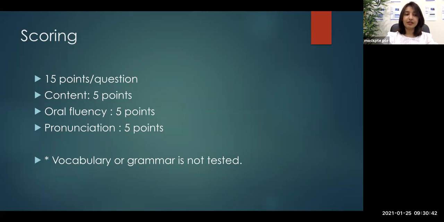And content here is the words from the question. So content everywhere in PTE simply means the words which are already given to you in the question. Because we already know PTE is a computerized exam. A computer is not capable of understanding the meaning of what you say because it's a machine. So the only way it can cross-check your content part is by comparing your answer with the script of the audio in this particular case. In retell lecture, the computer would be comparing your answer with the script of the audio.